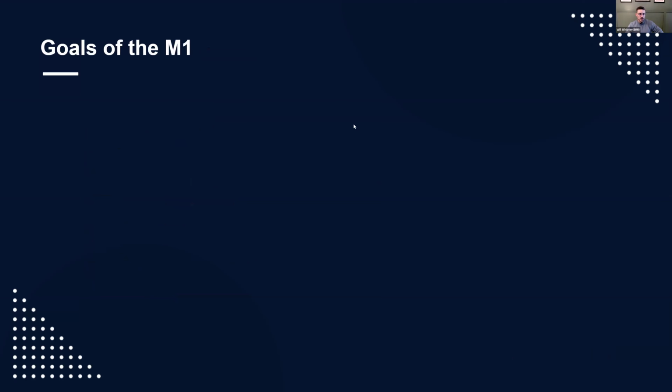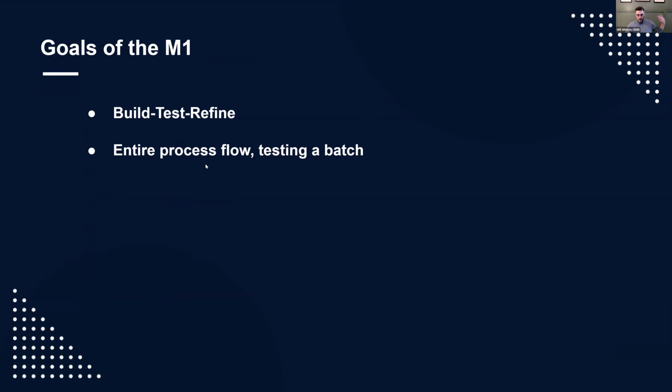All right, goals of the M1. So we're going back to the beginning of what's the point of this whole thing. Build, test, refine. We build the process flow. We test it with actual materials, and then we refine it. So once we create the process flow and test that batch, we're going to review with you. In most cases, it's going to be your salesperson probably on a Zoom with you, looking at, let's say,